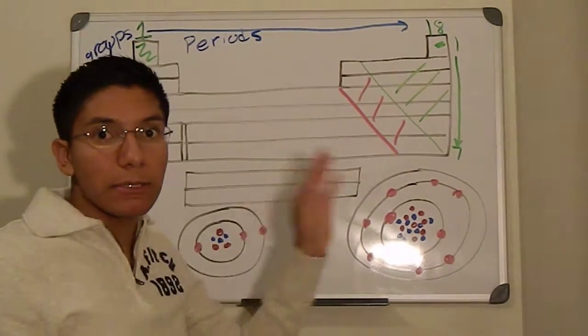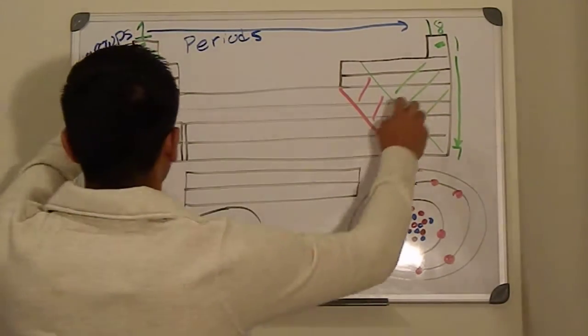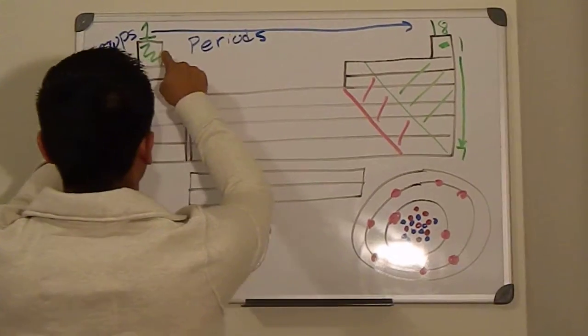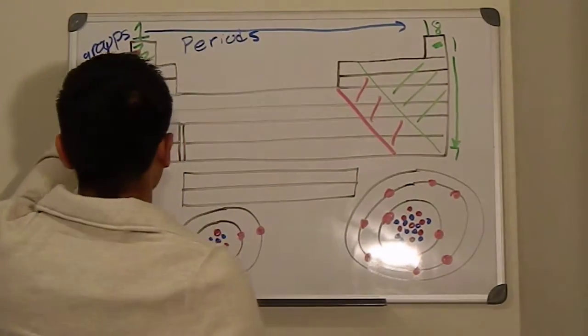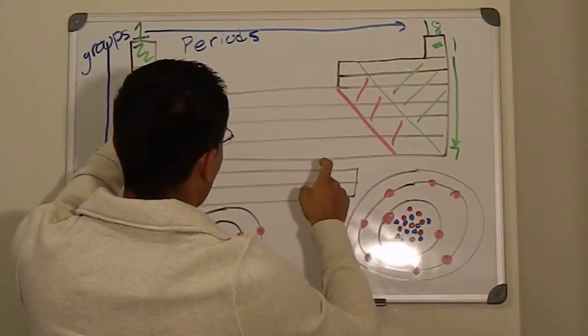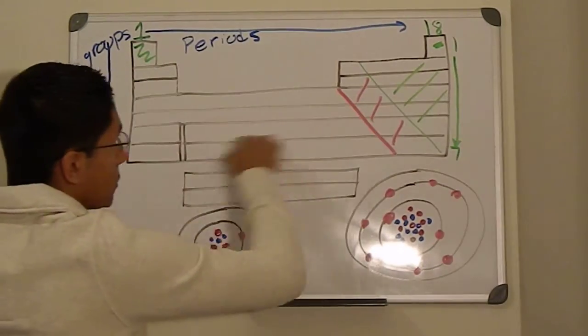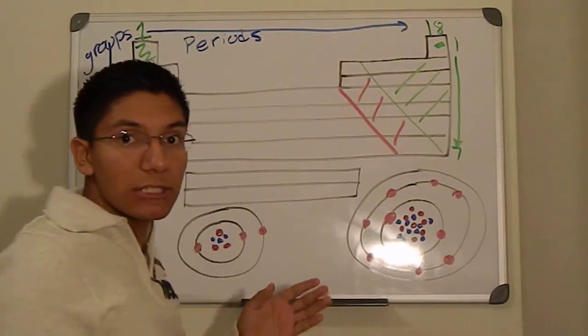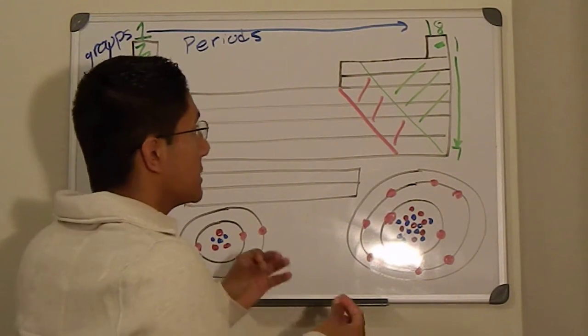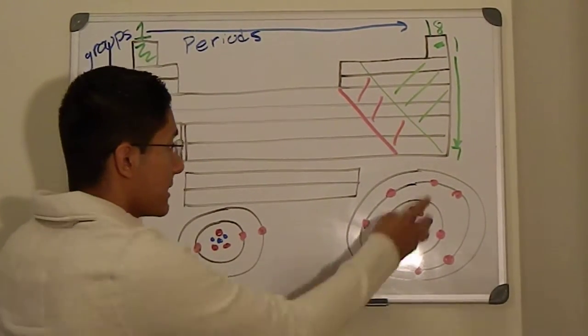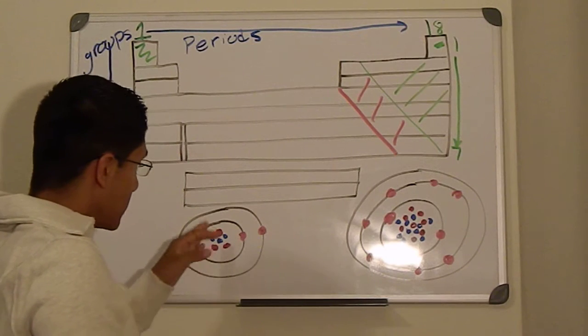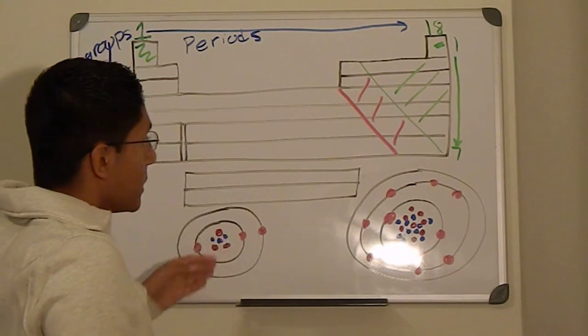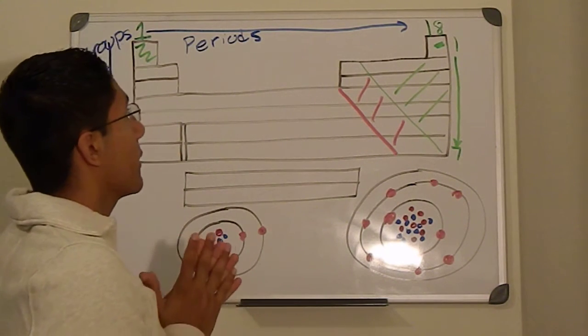they didn't know about electrons and protons yet. But really, now these are in increasing number of protons. This is 1 proton, 2 protons, 3 protons, 4, 5, and so on. Okay? And now, as you know, with increasing protons, you have increasing electrons, because in a stable atom, as in these here, the number of protons matches the number of electrons. Okay, now,